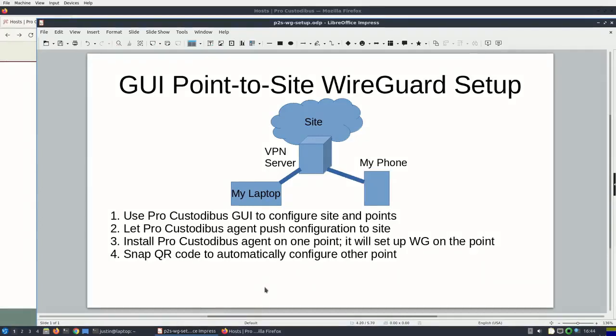Alright, I'm going to show you how easy it is to set up a WireGuard network using the web UI from Pro Custodibus. And I'm going to assume that you've already followed the Pro Custodibus Getting Started tutorial, which shows you how to register a new account on Pro Custodibus and how to set up your first host with the Pro Custodibus agent. So let's say that this first host that we've deployed the agent on is a VPN server